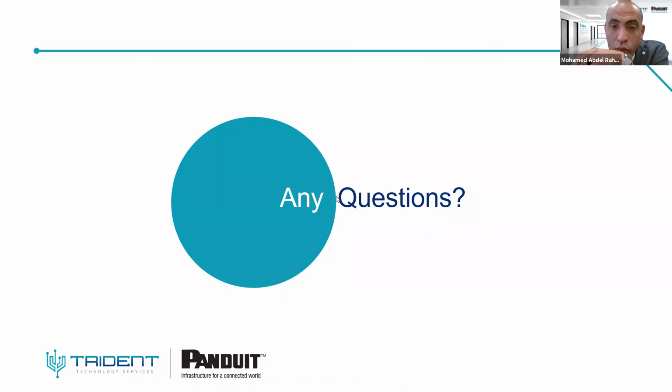Also, for the 1 to 4, the 4-port receiver, another question asks whether it is like a switch. Yes, the 4-port receiver, when you have a 1 to 4, behaves like a switch. It is intelligent, it can aggregate and share all data and power, and it can be transmitted through only one cable upstream to your switch.